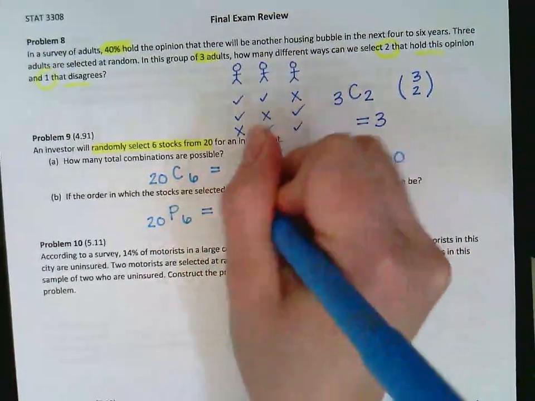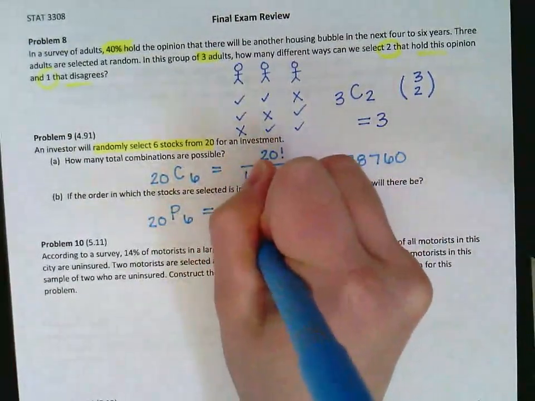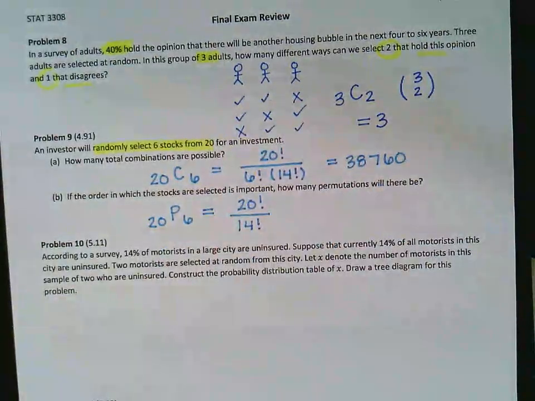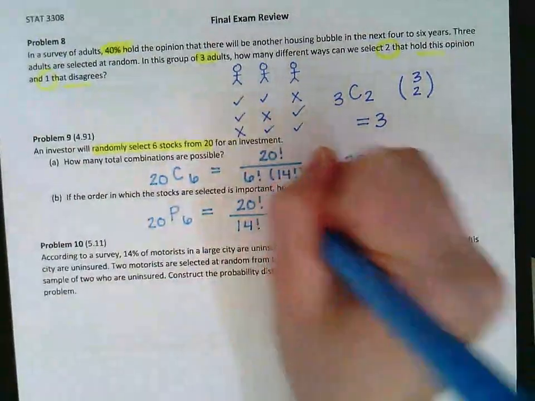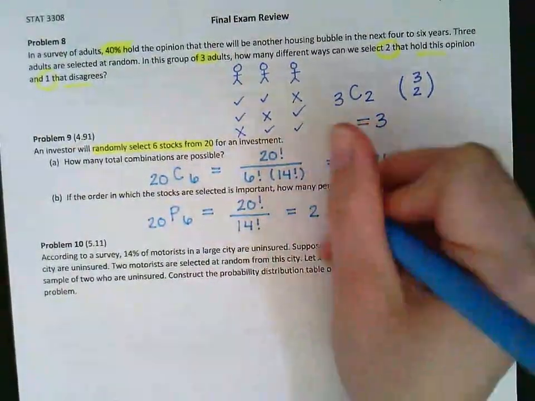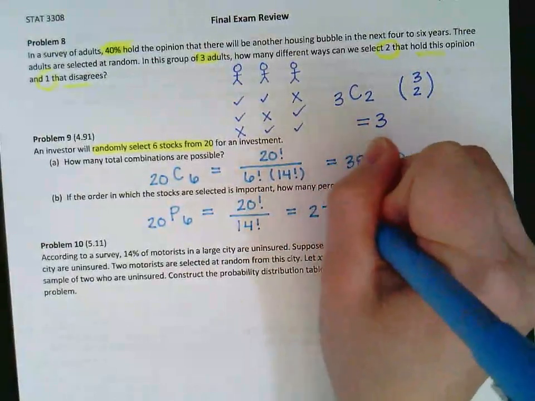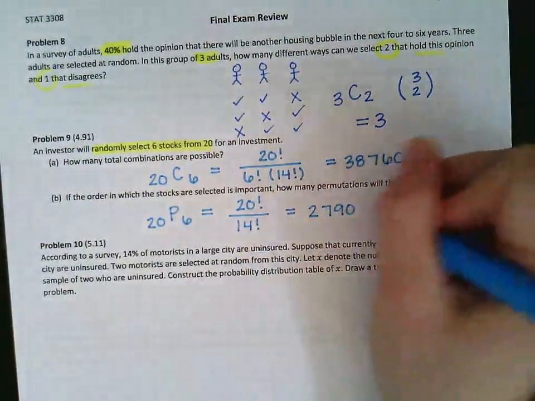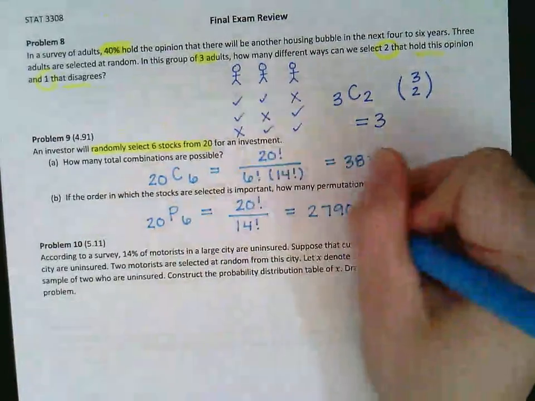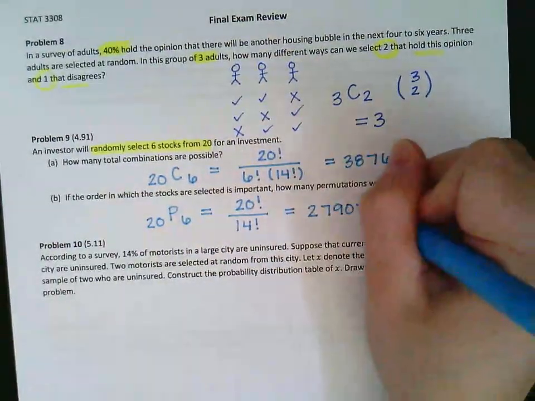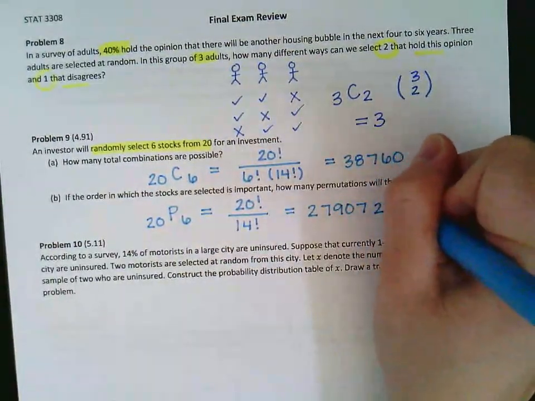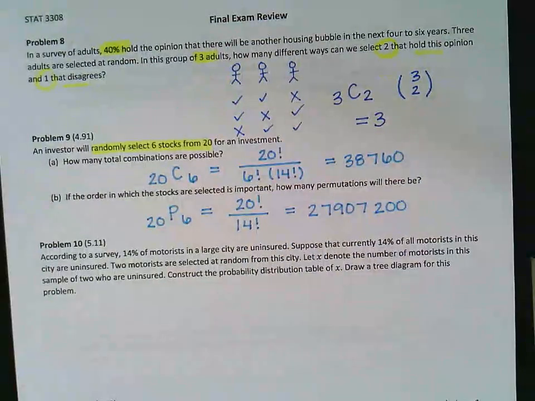And then I don't worry about that 6 factorial. I just want the 14 factorial. And that's 2,790,000. Oh, nope, sorry, 27,907,200 different ways. Okay, and what it means is even if you had that first 6 and then 14, it